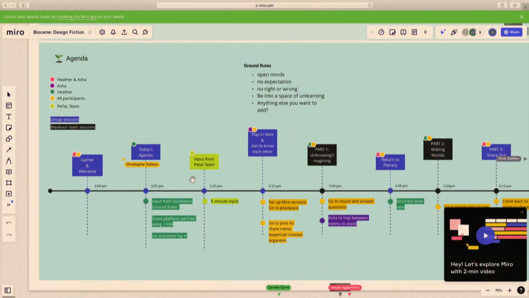Okay, general ground rules for this kind of work, which I think Asha touched on with curiosity, and I've heard lots of people talking about, there's no failure. So open minds, no expectation, there's no right or wrong, be in a space of unlearning. Add anything you want to these prompts. These are just prompts to be silly and fun and loose, and engage with this topic in a new way. It's not meant to be final. If for some questions you have no idea what they mean in a design domain, you can just skip it. That's fine. I'm not too serious.